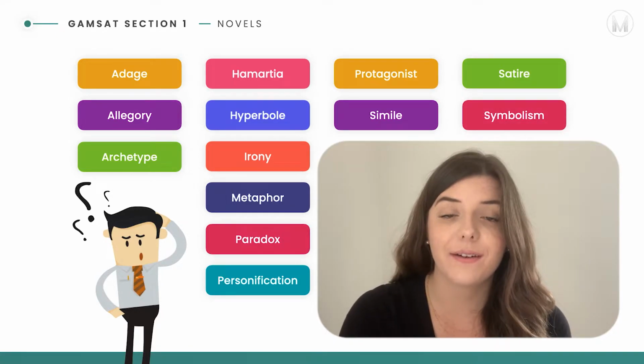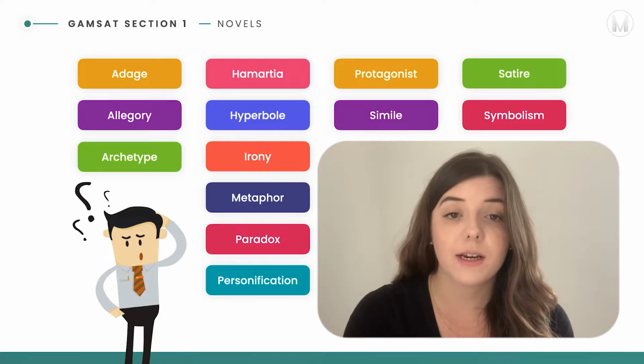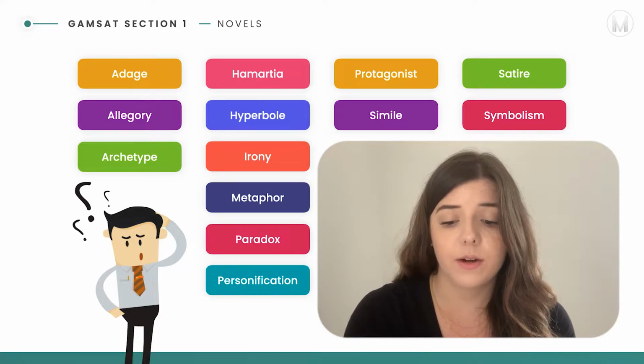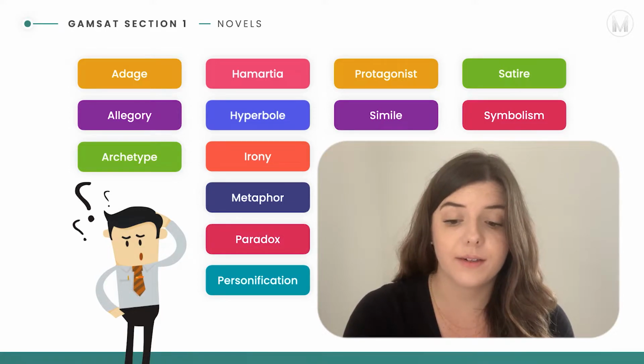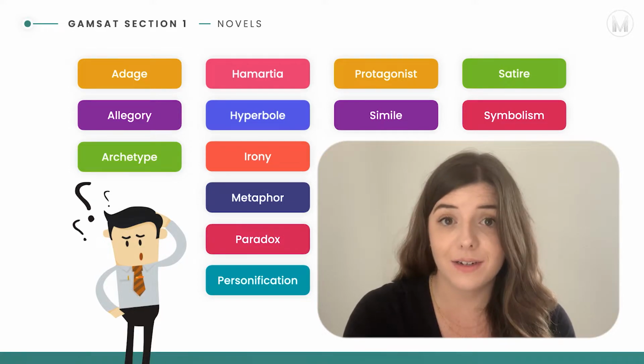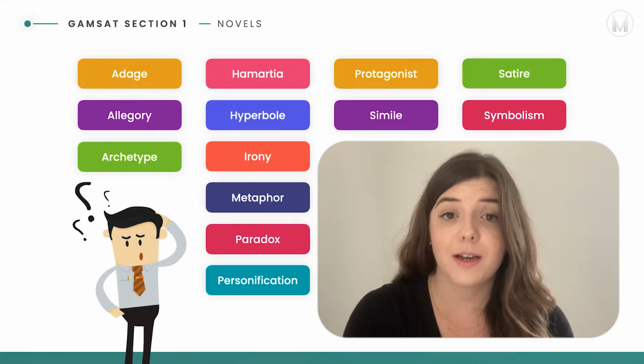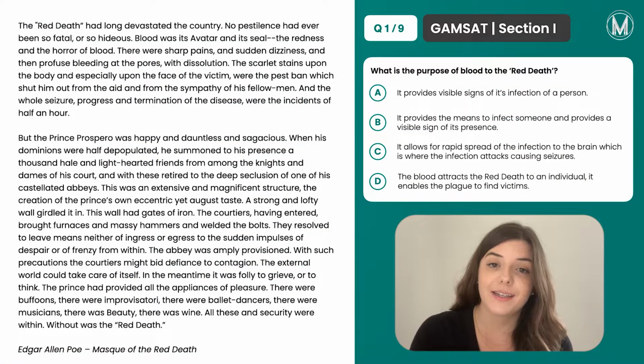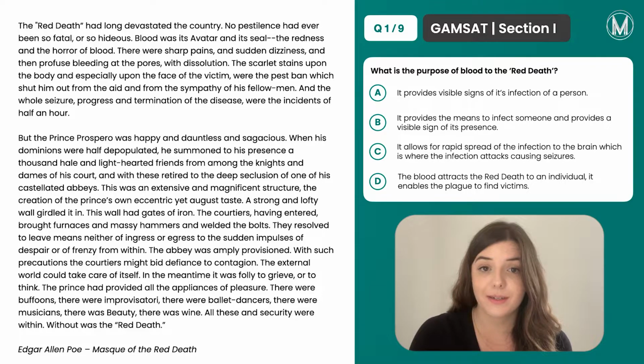And finally, we have symbolism. This is an object or an element in a literary work which is used to understand or represent much more than its literal meaning. So there's a lot of literary terms there, but definitely take some time to become familiar with each and always be looking out for these whilst you're reading a passage. With all of that in mind, I think it's time to move on to some sample questions. If you'd like to pause the video at this point and have a go at answering question 1, remember to read through the entire text before moving on to the questions.